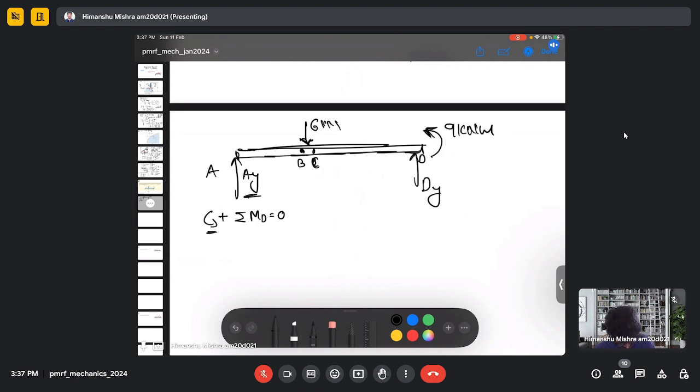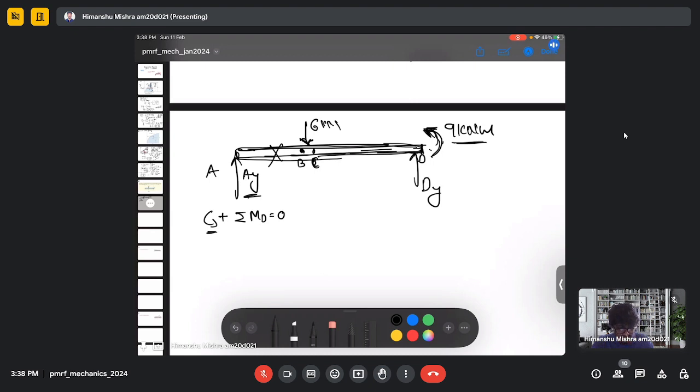And this moment will be acting all along the beam. For example, in the last topic, the first week class, somebody asked the question: if we have a moment here, can we consider that moment if we take the moment in this direction? So this moment is actually valid throughout all the beam. So whatever point you are choosing to do the moment balance, you need to consider all the moments here. We have already been given the external moment here, which is 9 kilonewton meter,